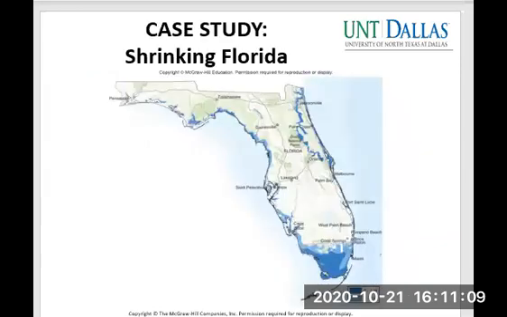Let's start with a case study about the shrinking Florida. What will Florida be like when its beaches are underwater? It's hard to say precisely, but the tourism industry is sure to struggle as beach resorts and coastal cities flood. The interior of the state will become more crowded because more residents of coastal cities are forced to move inland, that means away from rising tides and storm surges.